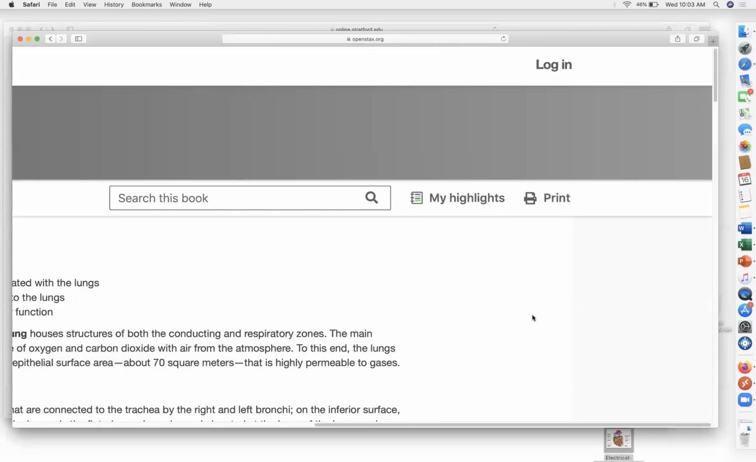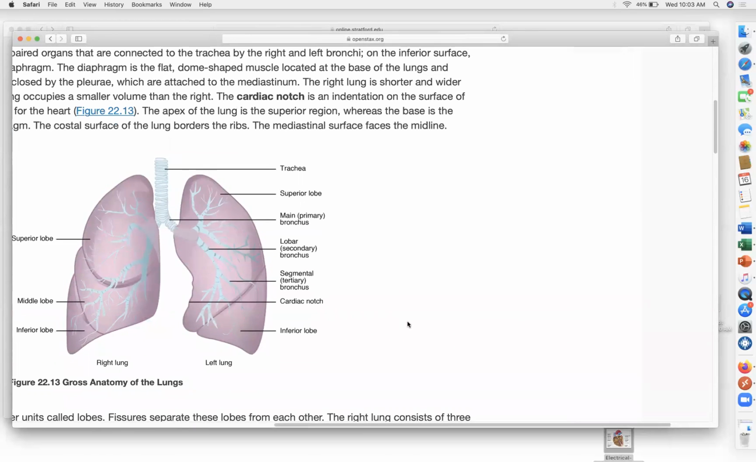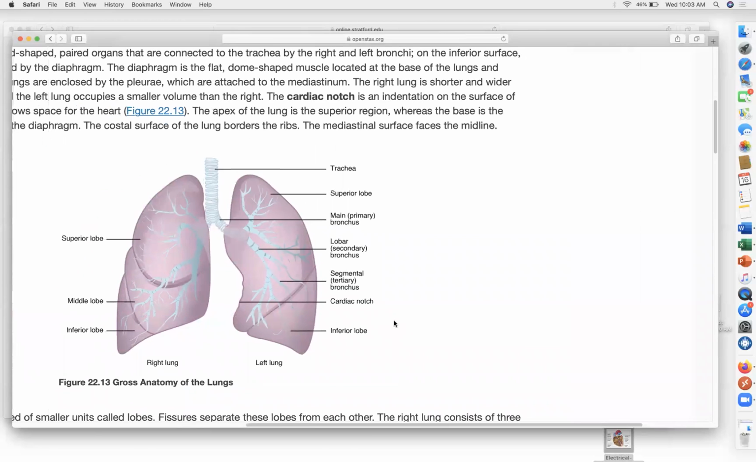the next. All right, so those are the lungs. Now, another thing about the lungs is they are in sections, okay? Now, the sections are,